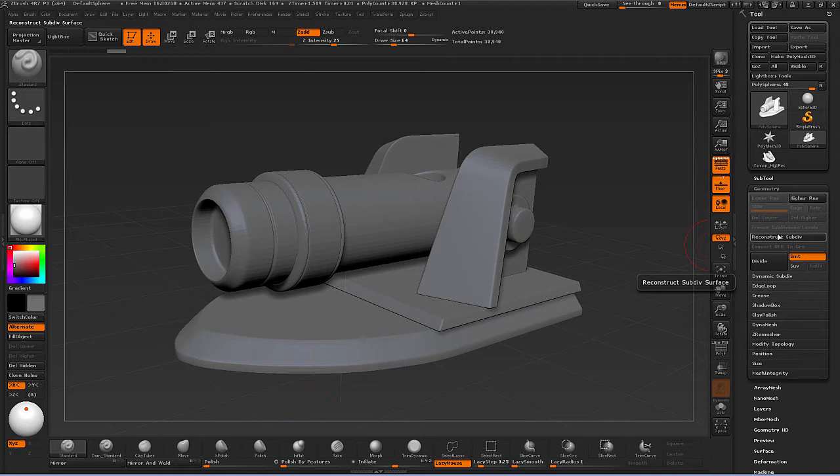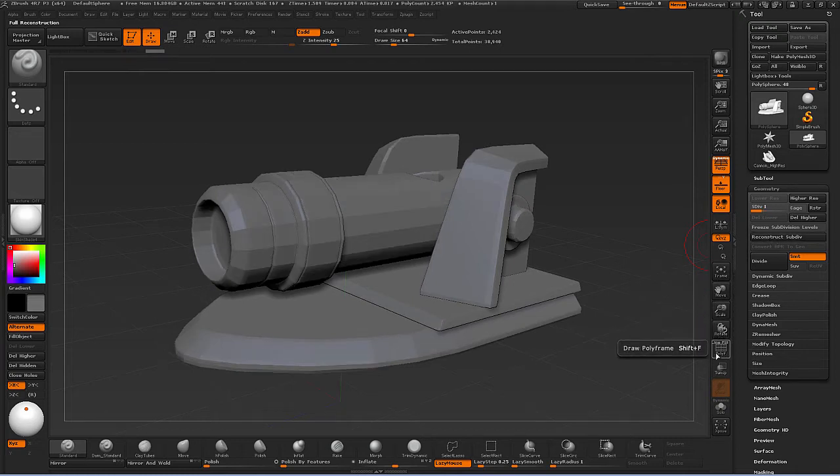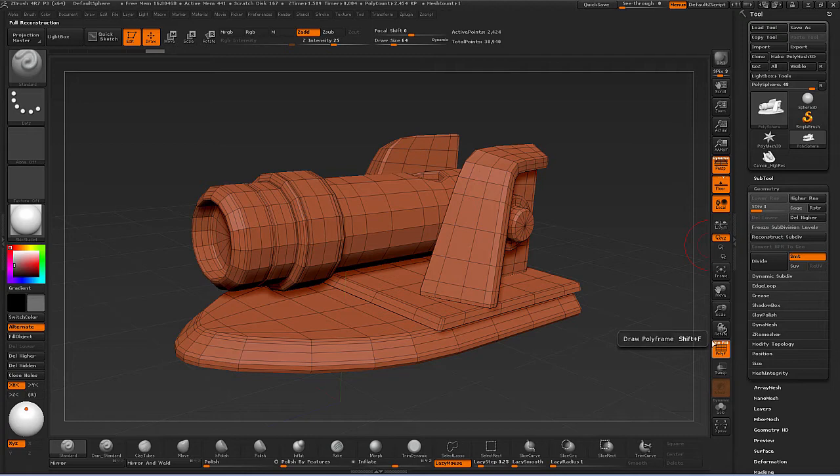It does actually work in most cases. If it hits a triangle, it can't divide down any further, but we can try to do this. We're going to click it once and click it again, and I believe this should get us back to where our base cage was inside of